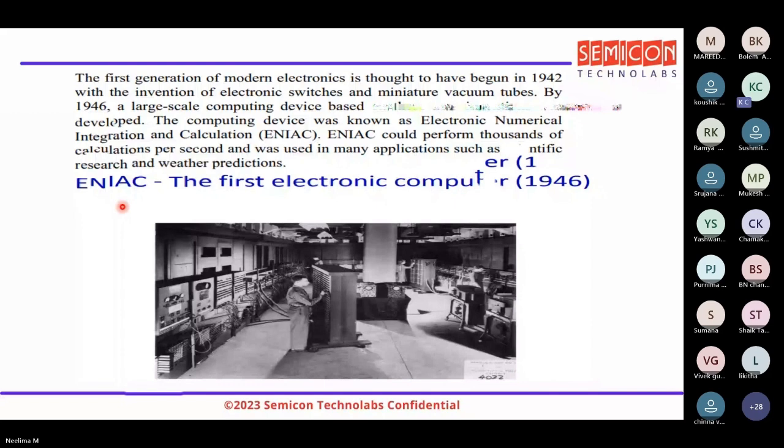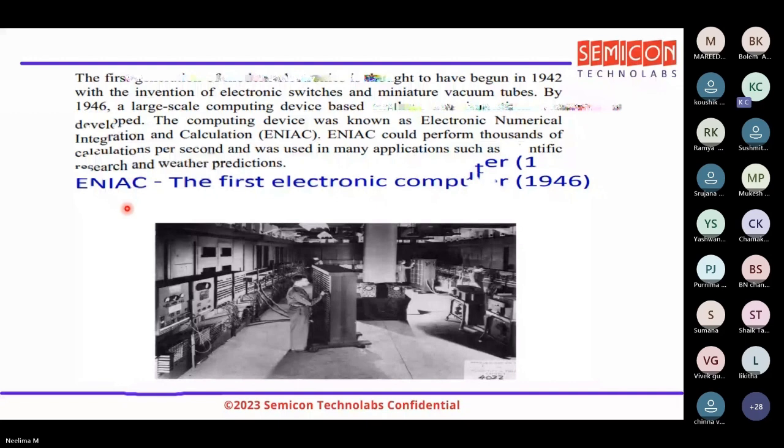By 1946, a large-scale computing device based on these new inventions was developed. The computing device was known as Electronic Numerical Integration and Calculation, ENIAC. ENIAC could perform thousands of calculations per second and was used in many applications such as scientific research and weather